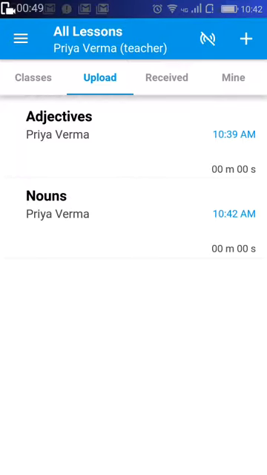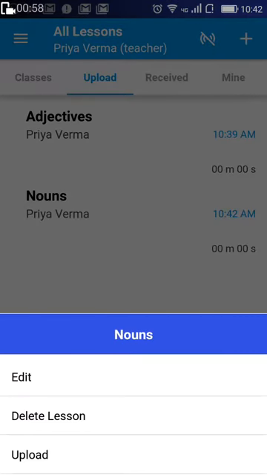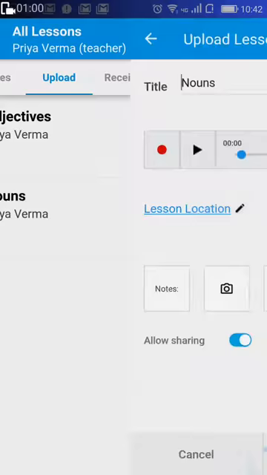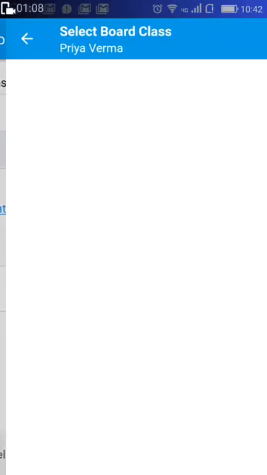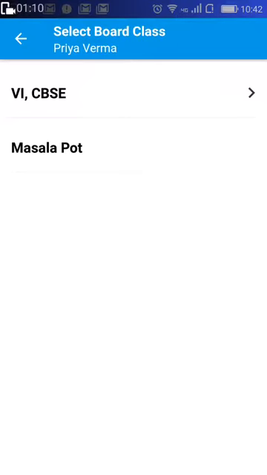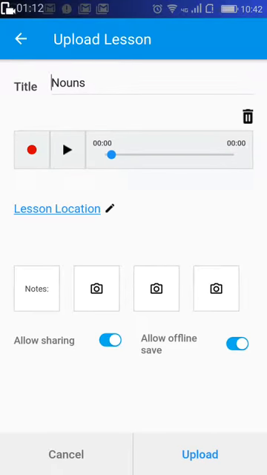When you want to upload it, you need to first connect to the internet, go to the Upload tab, and then press and hold the lesson. There, tap on Upload. It will open that lesson. You can edit if you want. And then importantly, you need to provide lesson location information. It is blank right now. Tap on it, provide the subject and chapter information, and then tap on upload. This will now be in your online LessonPort account, which then you have to post to public to make it visible to others.